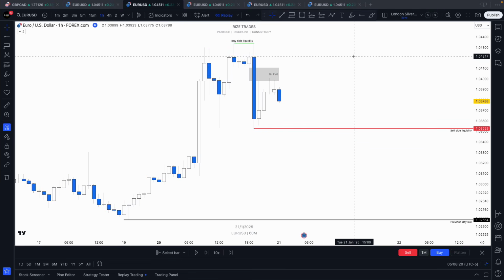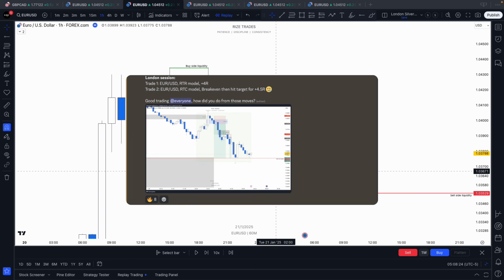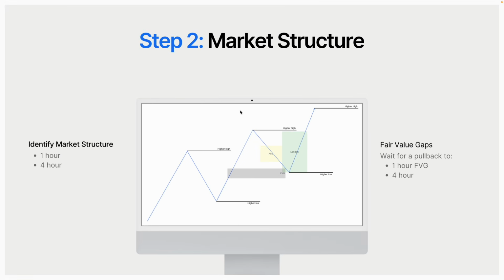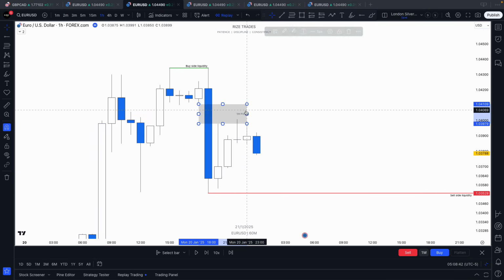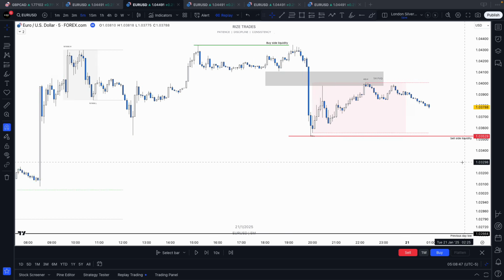So example 1, here we are on the hourly time frame. Yesterday's price action, we took shorts during London session, and I'm just going to walk you through this one. Buy side liquidity has been taken out. This is the high, this is the low, this is our hourly gap. So if we refer to market structure, it's obviously the opposite to this because we're going short rather than long, but obviously we've got our high, our low, and our internal in terms of this fair value gap. Drop down to the lower time frames,